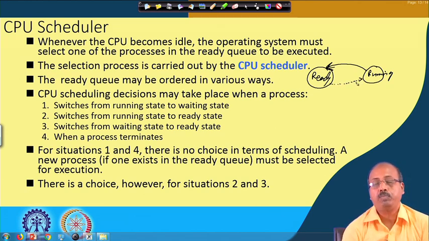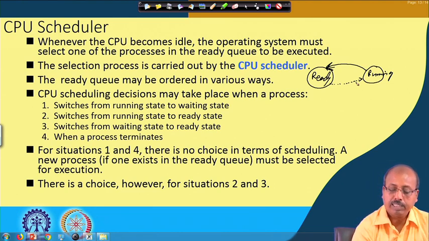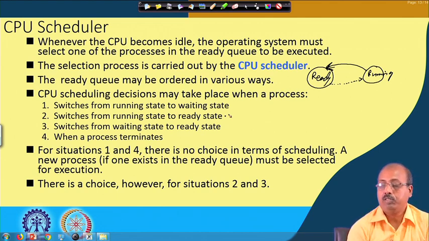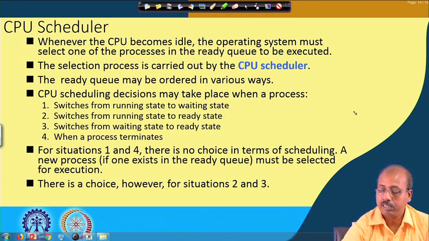So, that way that job makes a transition from ready state to running state. That is the second point: when a process switches from running state to ready state, then also we may need to invoke the scheduler. Another thing that we have is a process that was in a waiting state, and after some time this wait period